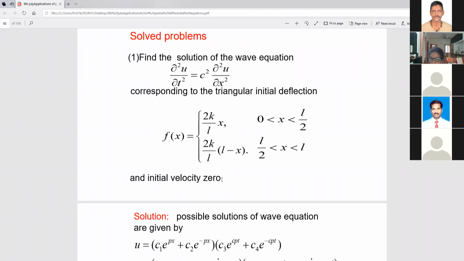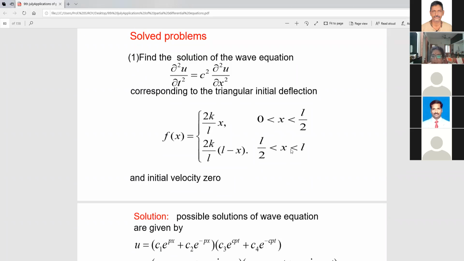So in that case, what you do is separate one problem as problem 1 and problem 2. In problem 1, you make it as f of x equal to 0 and g of x not equal to 0 and do the problem. And the other one, you make it the other way. So one becomes 0 means the other one is non-zero. So add both the ones and you will be getting the answer. So that way also we can do the problems.